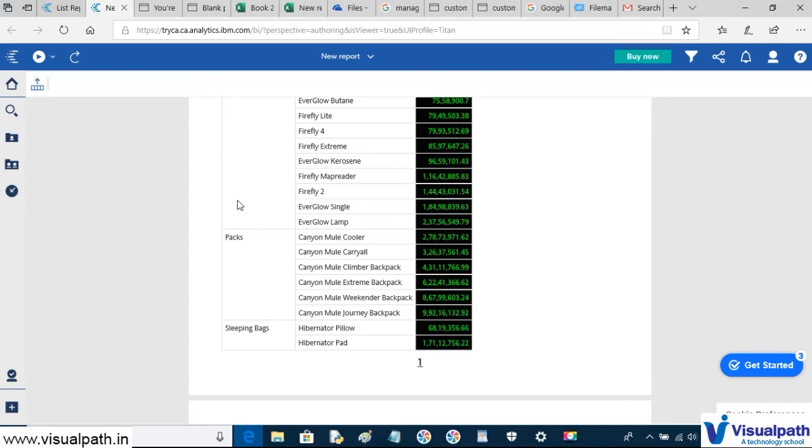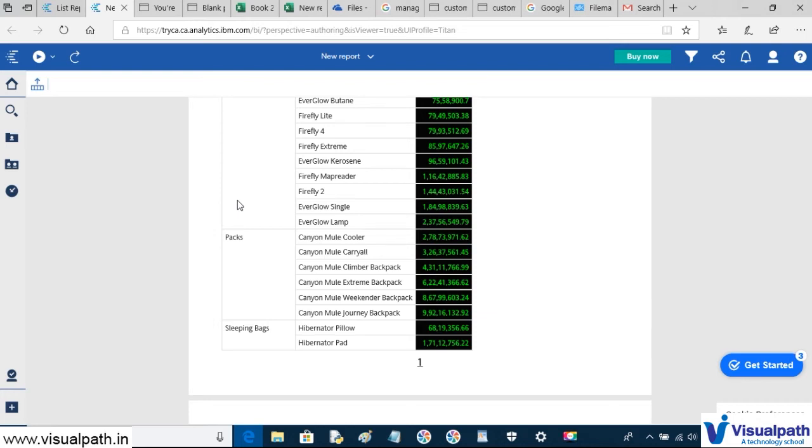That is, the camping equipment related data should appear on one page, the mountaineering equipment related data should appear on another page, and the personal accessories related information should appear on another page. So each product line should appear on a different page. How can we do that?